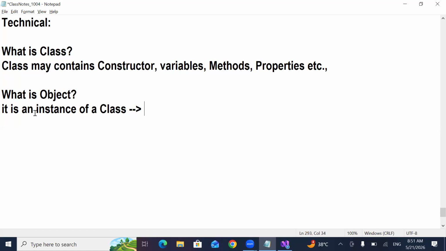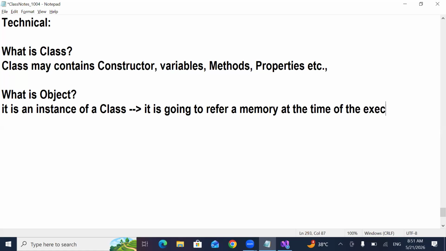What is an instance? It is going to refer to a memory at the time of executing the class.